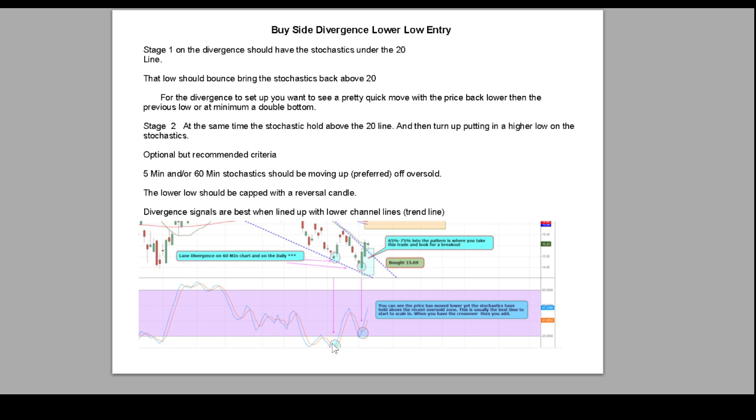The key here is between this level and this level, there's a little math involved. The angle of this degree means how strong this setup is going to be. So that's also important for me to identify, and when I send out my alerts, I take that into consideration. Not every divergence is equal. All right, not every divergence is equal. So let's take a look now that you know what you're looking for here.